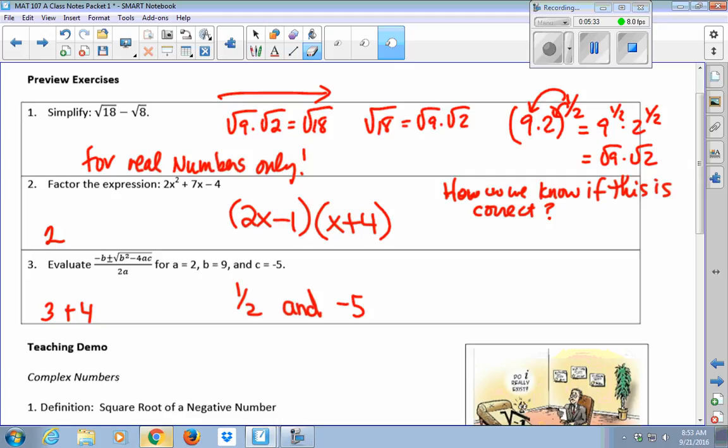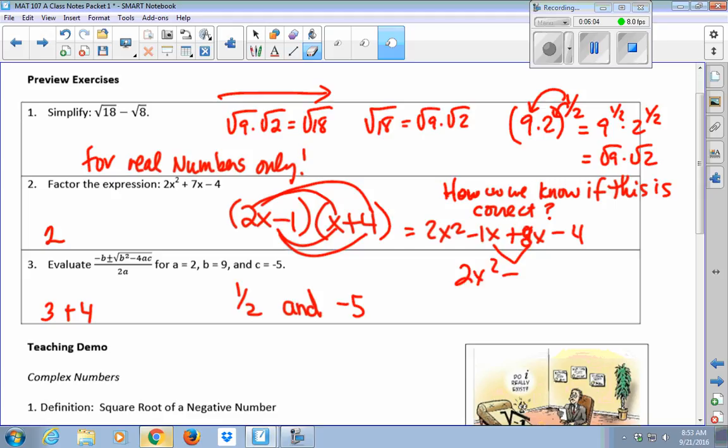Okay, and when you do this with your hands backwards, what are you doing? Yeah, the 2x times the x, the 2x times the 4, that's your distributive property, and then your distributive property again. So you're using your distributive property twice, and you get 2x squared, you get negative 1x in the middle, plus 4x minus 4, and these two can combine because they're like, oops, that should be 8,